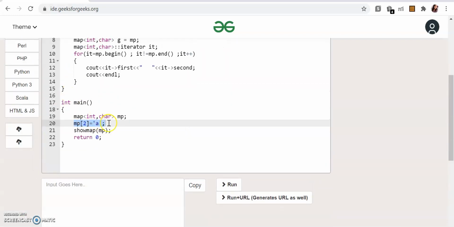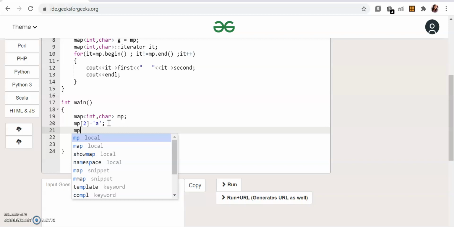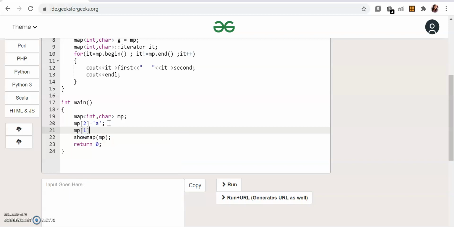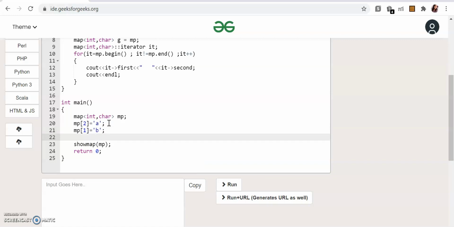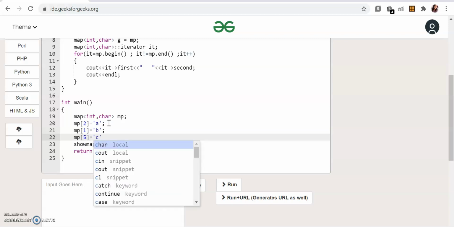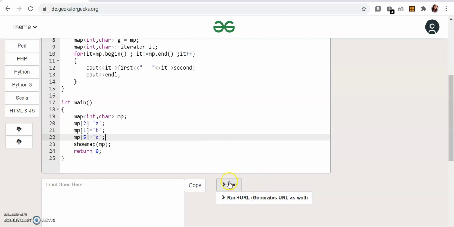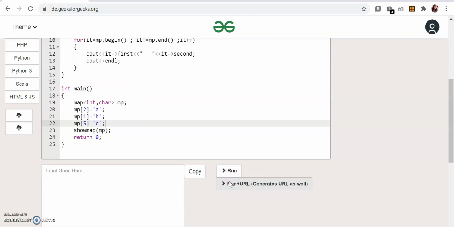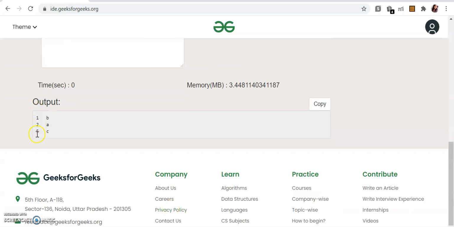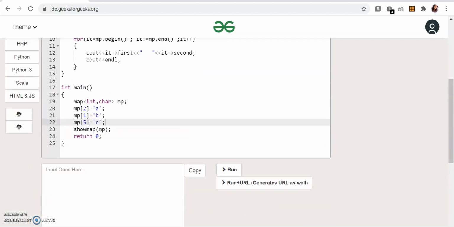Let's try to add some more elements and see how it works. I already explained that whatever map is there, it will always store the elements in a sorted order by the key. Let's see whether that is happening in our case. This doesn't happen in the case of unordered map, but if you're using a simple map, whenever you're printing, it should print in sorted order. As you can see, it has sorted it out. We added this one after 2, but it has sorted this out.